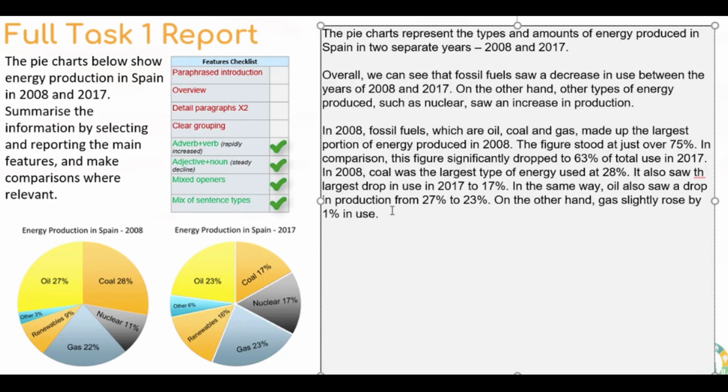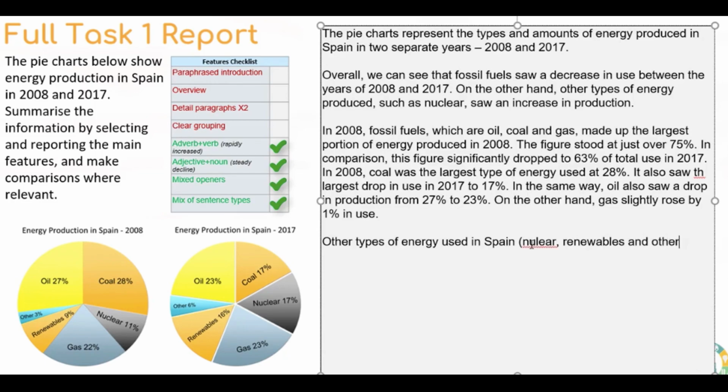Okay, so let's move on to my second detailed paragraph, which is describing other, renewables, and nuclear. I can start this off by saying other types of energy used in Spain, and I'm going to use brackets, which again is the grammar aspect of this report. I'm using different punctuation to add detail. I'll put nuclear, renewables,